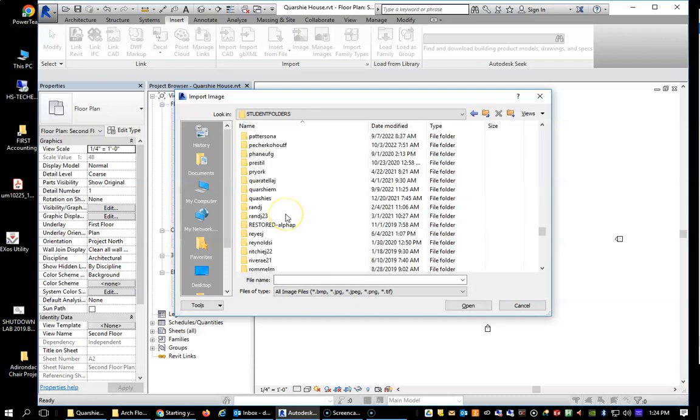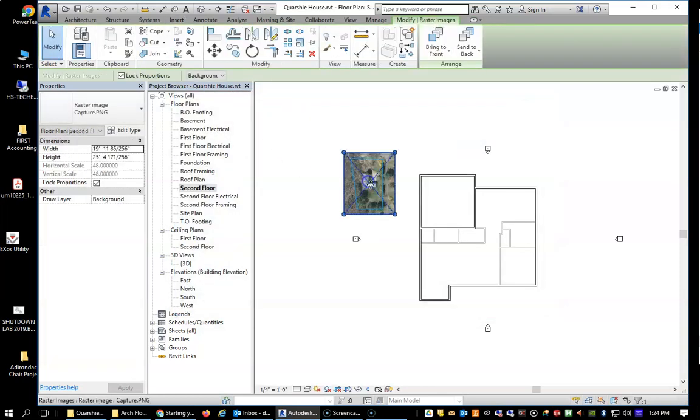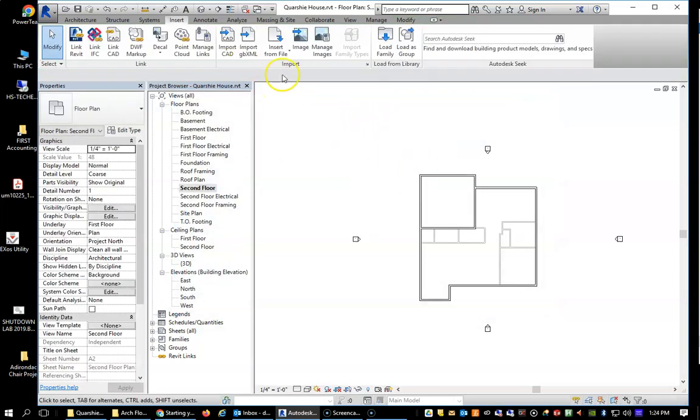Obviously you would have to save that picture to your folder. Hopefully she has one in here. Not there. Okay, here we go. First floor plan. So we would need the second floor plan. I don't know if this is the second. That's not it. Well, I'm going to pretend that the first floor is the second floor